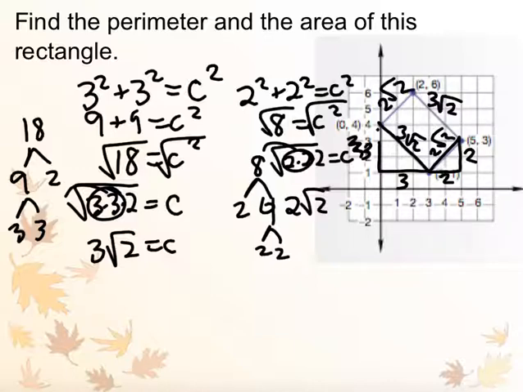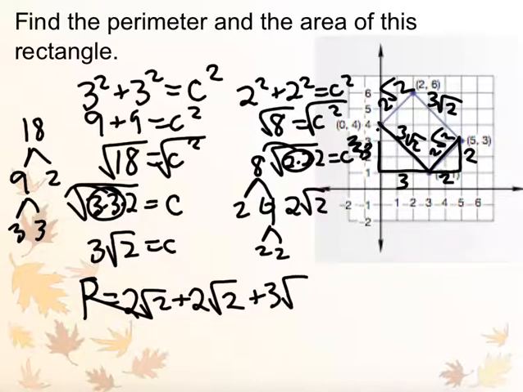If we are trying to find the perimeter, that means I have to add up all of those sides. 2 root 2 and another 2 root 2, and then we have my 3 root 2 and 3 root 2. Good thing, because we have all common radicals. All of them have the square root of 2 as part of it. So I just need to say I have 2 plus 2 plus 3 plus 3, which means I have 10